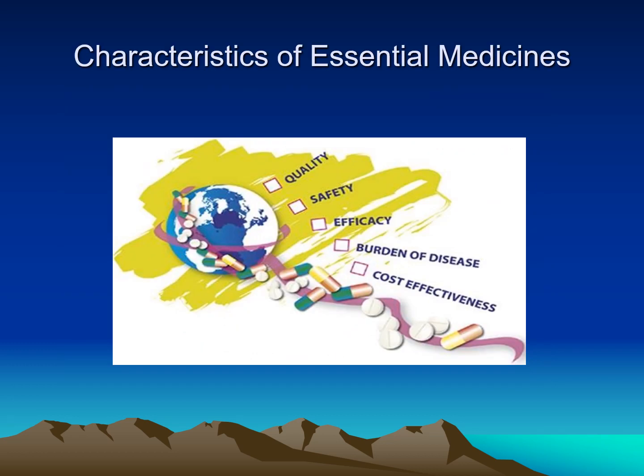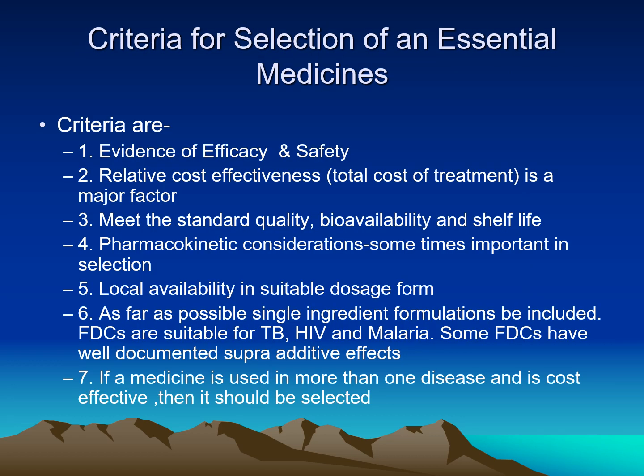All the medicines which are selected as essential medicines have the characteristics that they are quality medicines, they are safe, they are efficacious, and they are cost effective, and they cater to priority healthcare needs. And the criteria of selection will be evidence for efficacy and safety. This evidence comes from multicentric trials, the Cochrane analysis, and from standard books. Relative cost effectiveness, that is the cost of the unit of the drug, that is capsule or tablet,